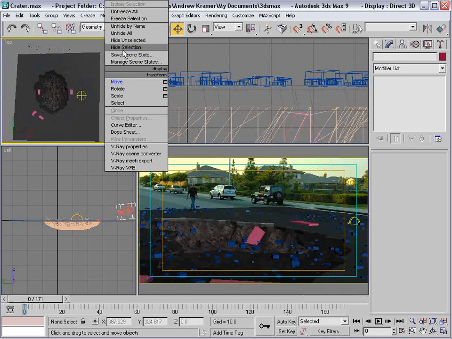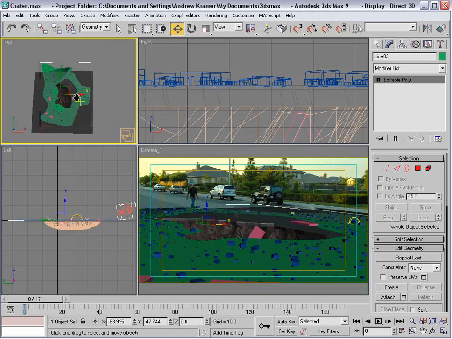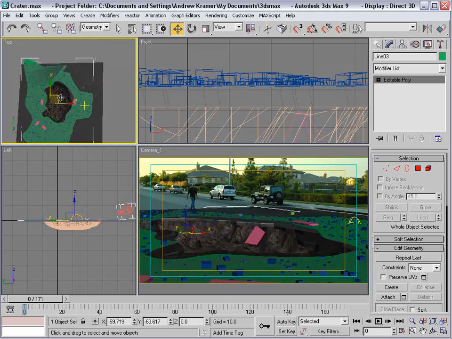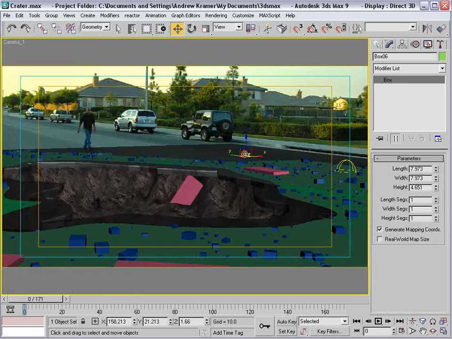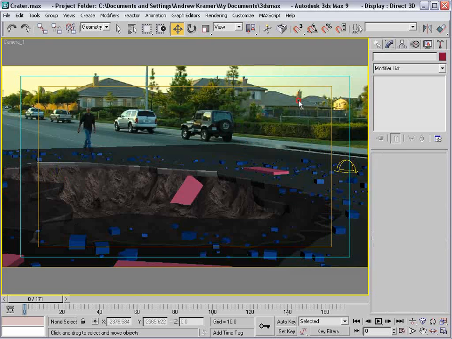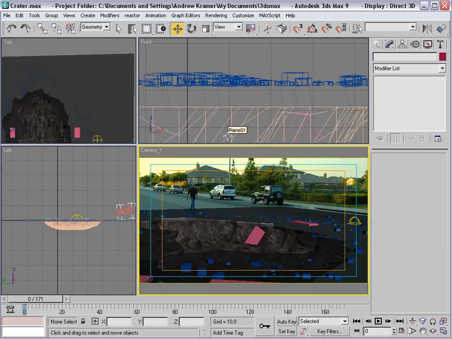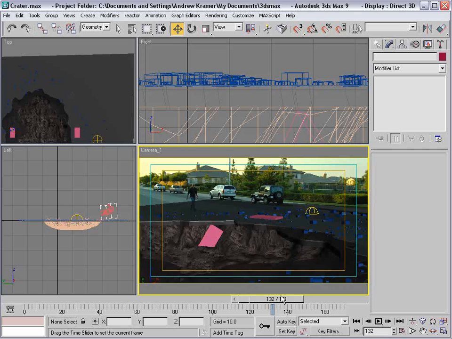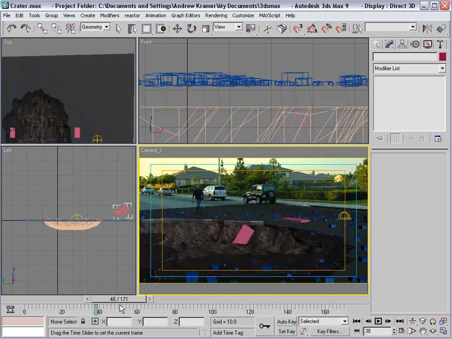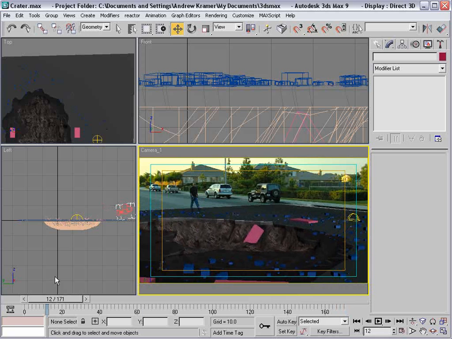Also, if I unhide all, I can grab that green object and also move it over, which will move our particles over. We'll go ahead and hide that green object, and we'll hide the green object also. Now, obviously, you want to render out something other than boxes. It looks like maybe a truck full of huge Legos crashed and maybe just spilled them all over the